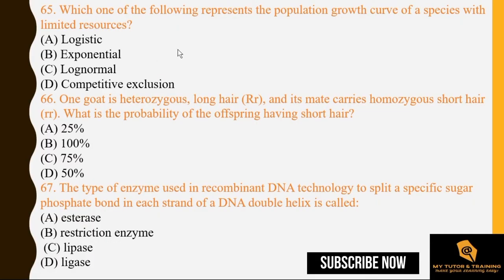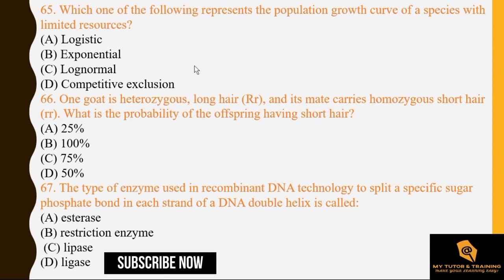Which one of the following represents the population growth curve of a species with limited resources? A, logistic. B, exponential. C, log normal. D, competitive exclusion. So the correct answer is D, competitive exclusion. So what do you mean by competitive